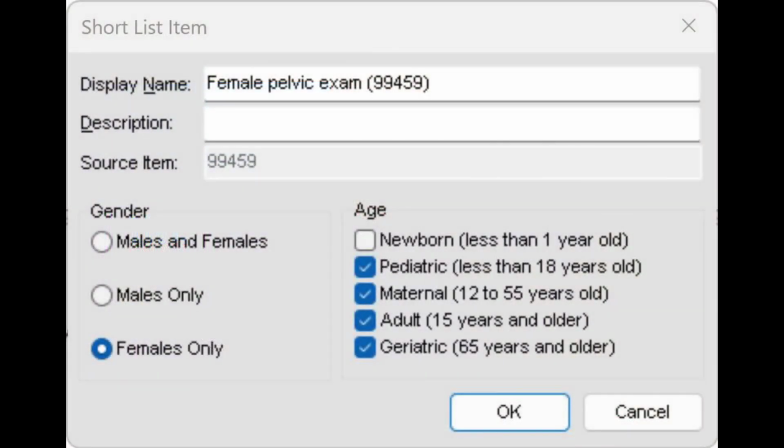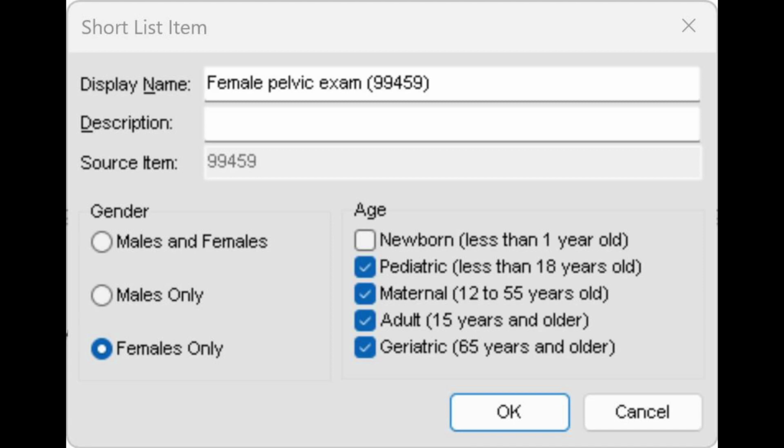So in my Veradigm electronic health records, I set up something that looks like this. In what's called the clinical customization module, whenever I invoke or click on 99459, well, I have in my shortlist,